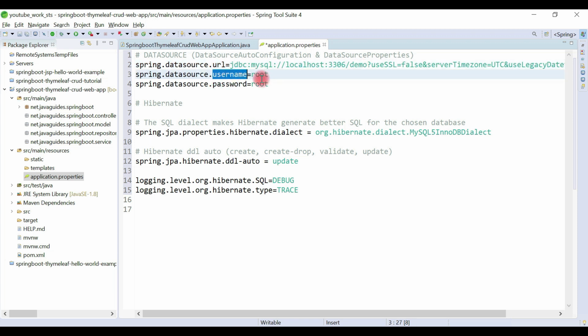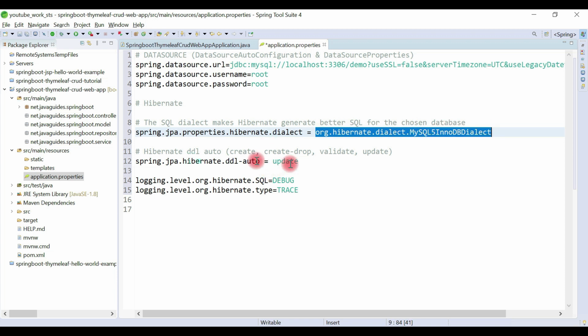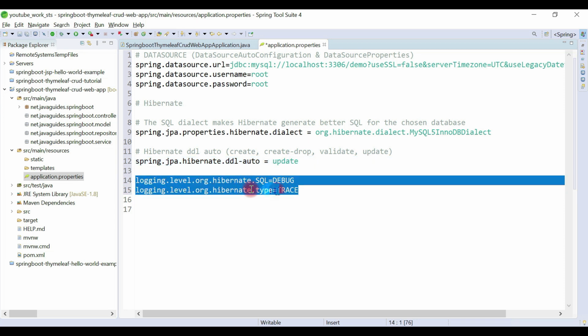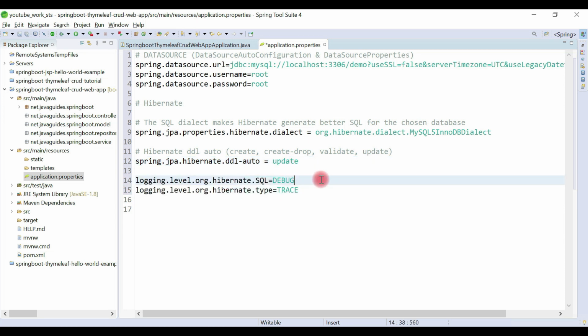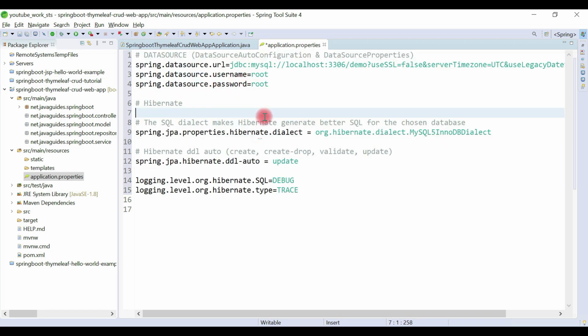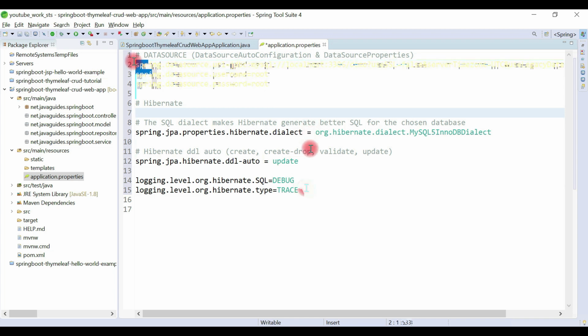This is the username and password, this is the MySQL dialect for Hibernate, and this is a property which we can use to automatically create tables in a database. We also enable debug logs for Hibernate, so this will simply print logs onto the console. So this is the database configuration in the application.properties file.